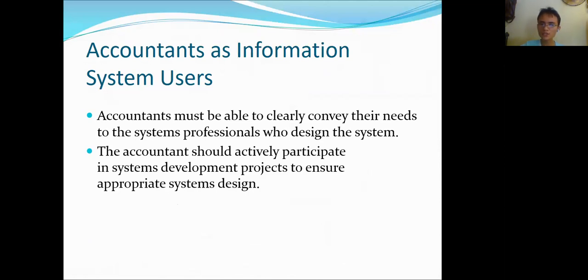Then accountants should be involved in the system development because, to begin with, who will be using these accounting software? The accountants. So how can they best know that they would be the designers? How can these designers know what's best for the users? Then ask the users, because who knows best the needs of people than the people themselves? So we have to ask them. That's why the second part discusses that they should be involved in the process.